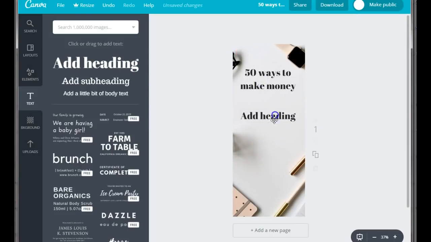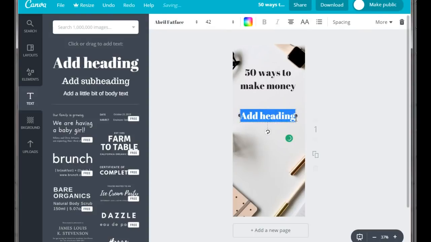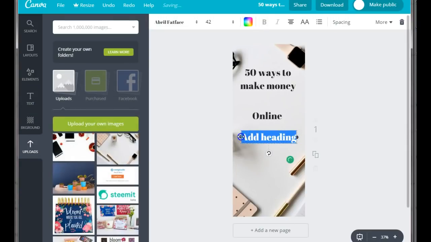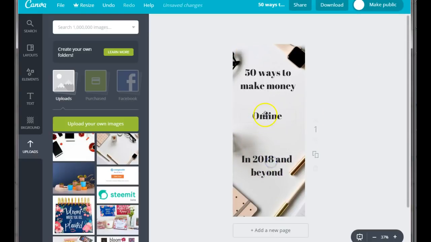Okay, add the second one. And to make money online, and I'm going to add a third font box, in 2018 and beyond. Okay, so now that we have our text,